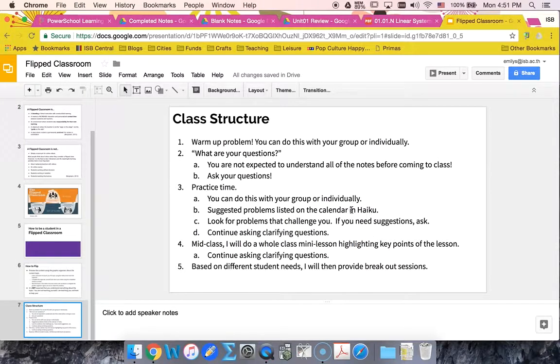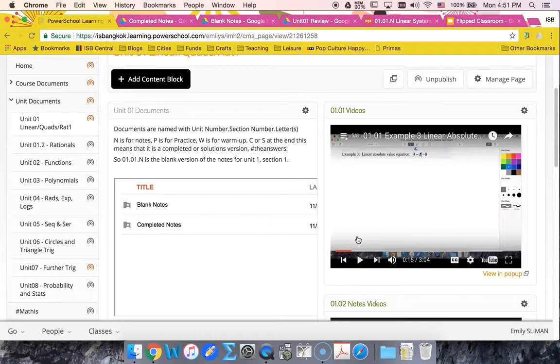So we're going to do the hard stuff in class. We're going to apply the content in class. I'm going to give you suggested problems, but if you want extras, I will always have them for you. You're going to keep asking questions. And then mid-class, I'm going to summarize the key points. Based on different needs, I'm going to then do breakout sessions, and if you're not in a breakout session, you're going to keep practicing. And then we're going to end class with a challenging problem where we'll all work together to solve it. So again, you've got your resources on Haiku to help you,